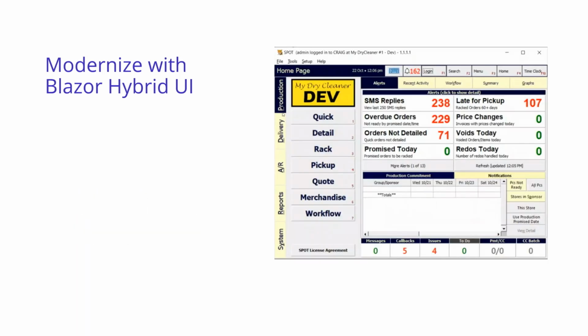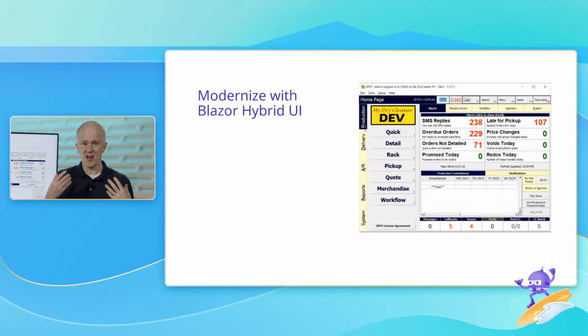Now, Blazor Hybrid isn't just for .NET MAUI applications. Blazor Hybrid works in any application that can run .NET code and that you can then render to some web view control. If you have a web view control available in .NET, you can do Blazor Hybrid. This can be really useful if you want to take an existing .NET app and modernize it to have a web-based UI. Maybe you want that UI to work now cross-platform in a .NET MAUI application, or maybe you want it to now function on the web.